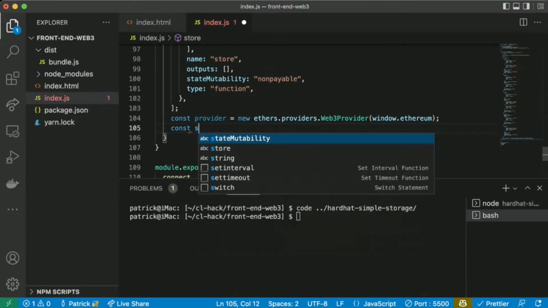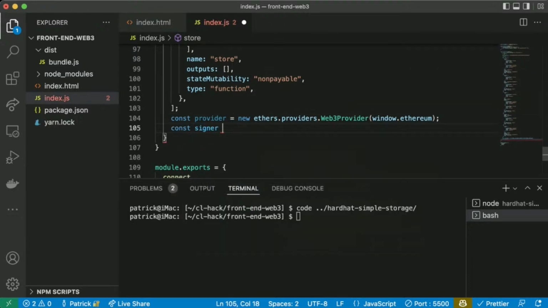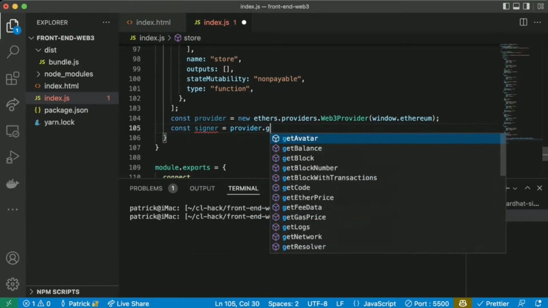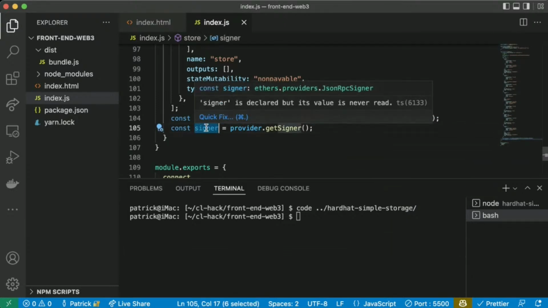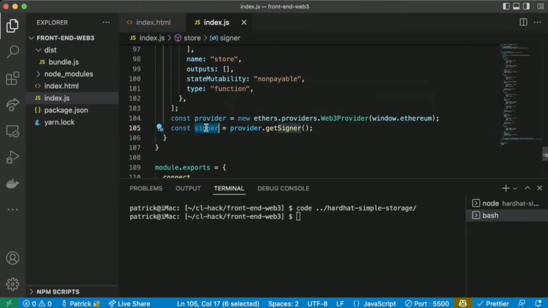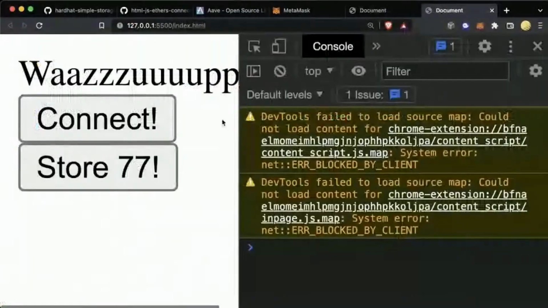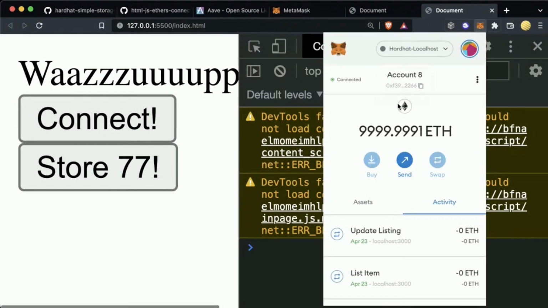Then we can say const signer equals provider.getSigner. So now, the provider is our blockchain connection. The signer is going to be our account, right? Who is going to be signing transactions? And when we call provider.getSigner, we're basically just saying, hey, MetaMask, which account is connected?